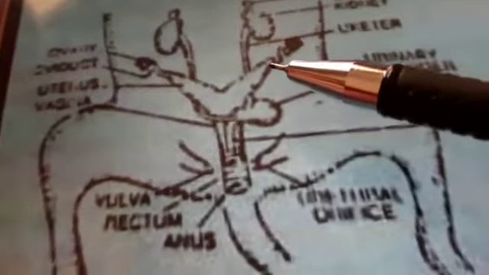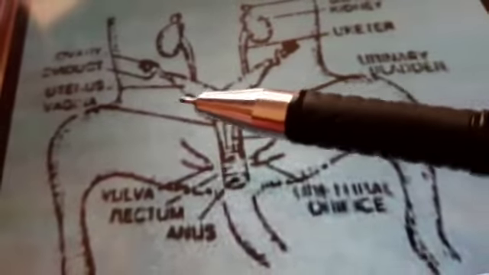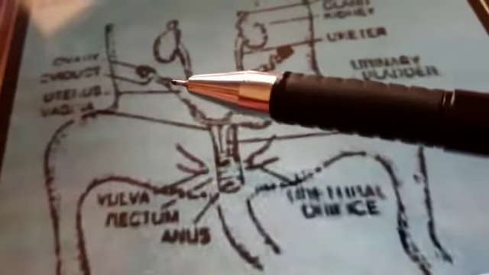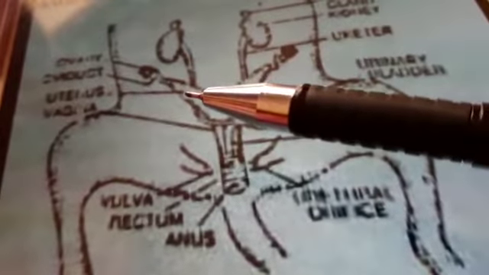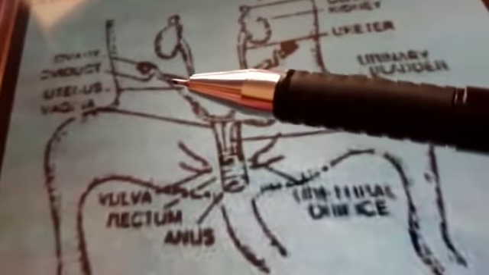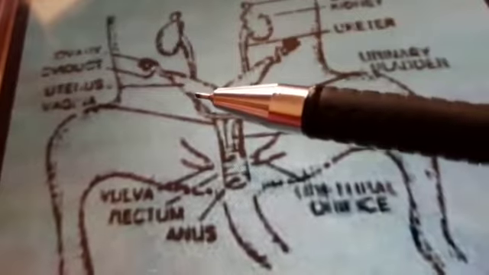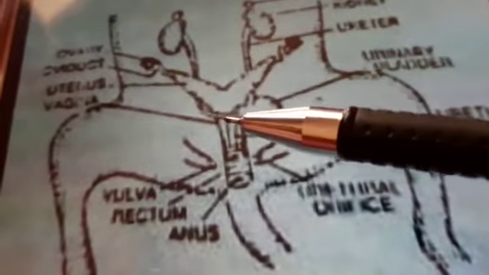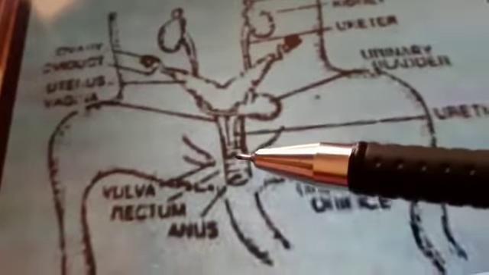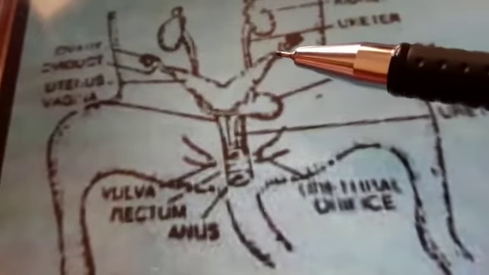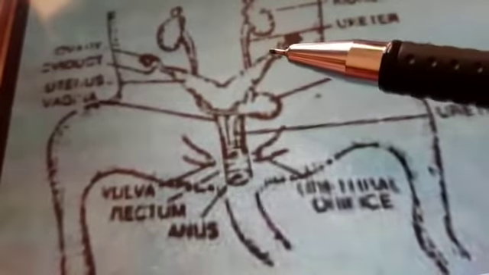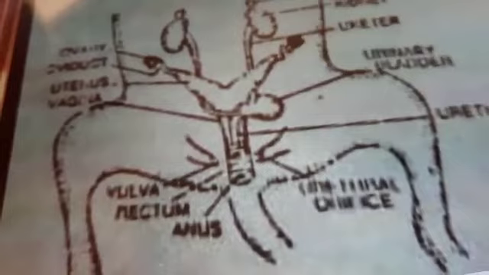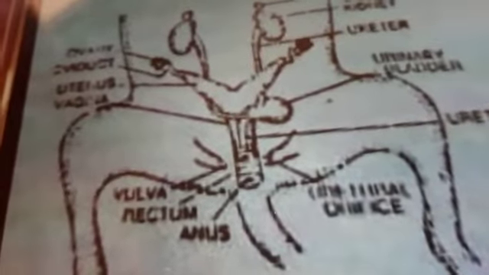Fine. Then we have the oviduct. This is one oviduct, this is the second oviduct, and each oviduct in turn is divided into three parts. First is the fallopian tube, then you have the uterus, then you have the vagina, and then finally it leads into the vulva. The fallopian tube is that part of the oviduct which has a broad funnel-like structure and has a lot of cilia,